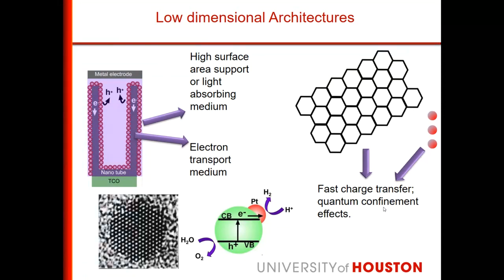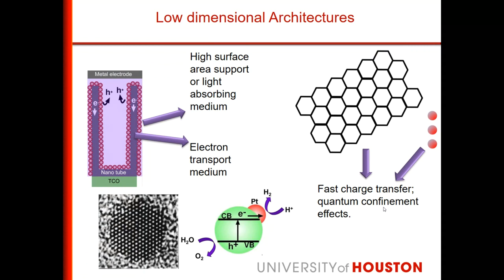The problem is that if the size is too large, if you take a micron size particle, these charges, electrons and holes generated by light, can recombine and be lost. That means they cannot do any chemical reaction. That means we excited the material, but that is of no use to us.